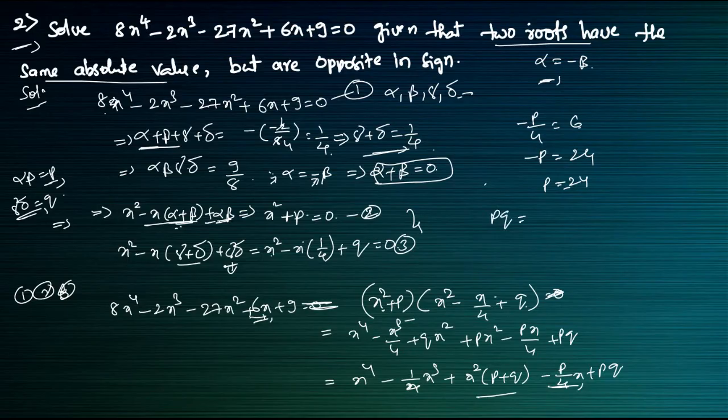There, pq constant terms, this constant term where this equation is 9. So pq is equal to 9, I will take 9. So in this p is equal to minus 24 now, so q is equal to 9 divided by minus 24. So 9 by 24 will come here. So minus 3 by 8 will come here, where q is equal to minus 3 by 8.